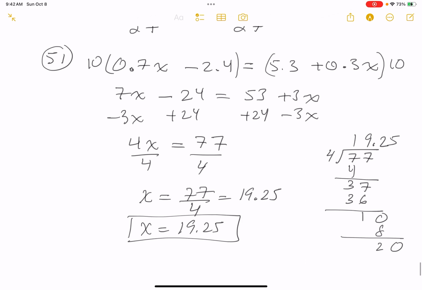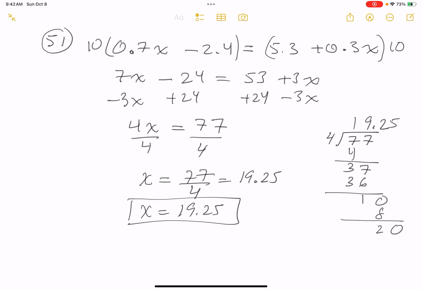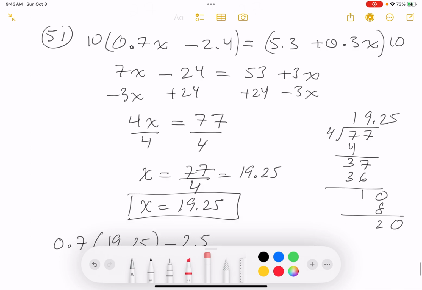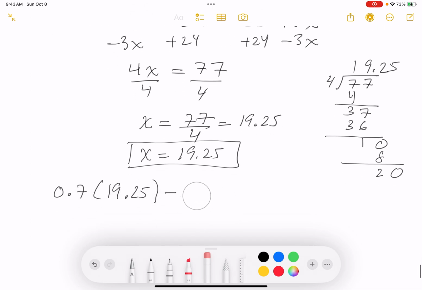So it says, where do you check it in the original expression? Let's write this down. 0.7, and yes, you're free to use calculators. 19.25 minus 2.4. Whoops, that's not good. I'll tell you why it's not good. You write something down you're checking, and you're writing down something that's not correct. It's not going to check, right? Will not check. All right, so I'm going to erase this over here, go back to my pen,